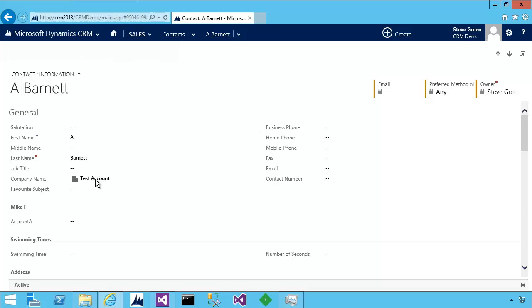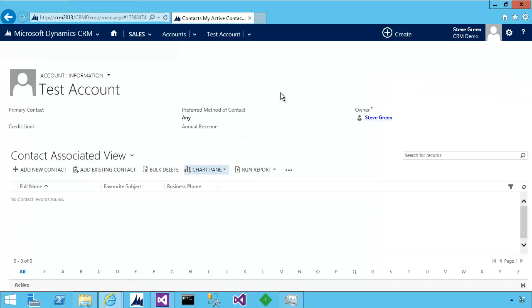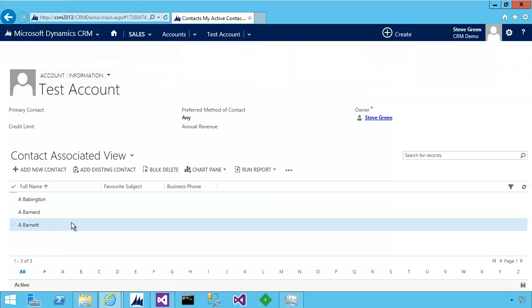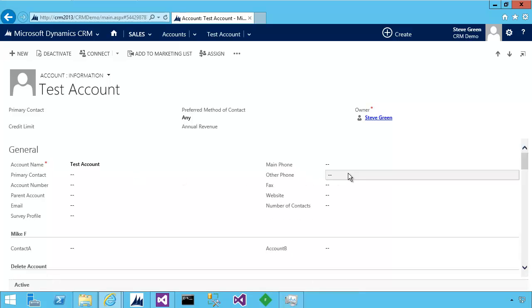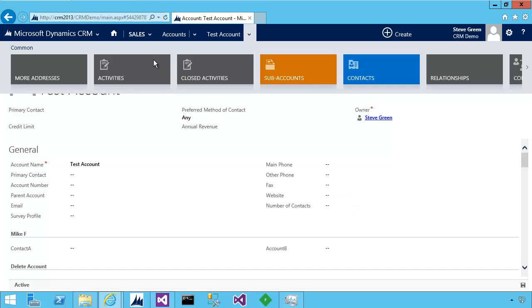Now if I go to this test account and look at the contacts associated and refresh that, we've got 3 people associated. Obviously the account itself, because there's no create or update registered, I'll open test account again. You can see the number of contacts doesn't contain anything because we haven't got any of the plugins or messages registered, so on a create or an update of an existing contact it doesn't do the query. But if I delete one of the 3,